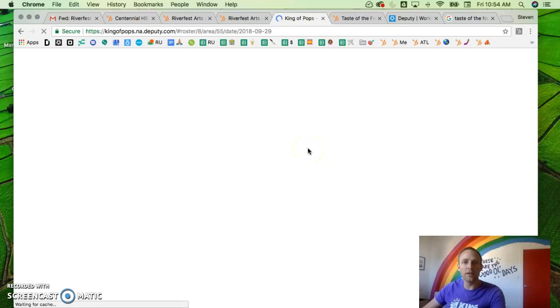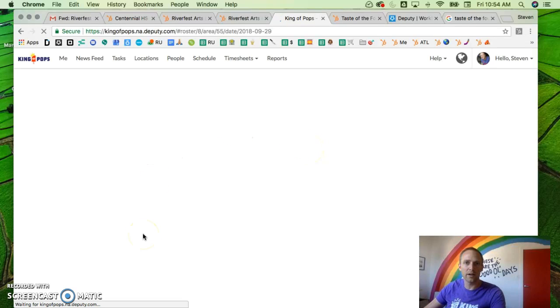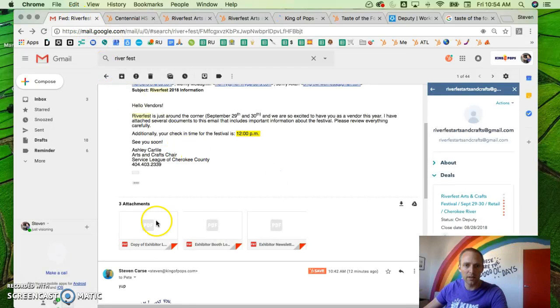Look at what's going on in Deputy and see if all the new information is there. This is for Riverfest, so I know that it's on Saturday and Sunday because the title of the event says 2 days. Once it loads in Deputy, I just want to make sure that the information from this